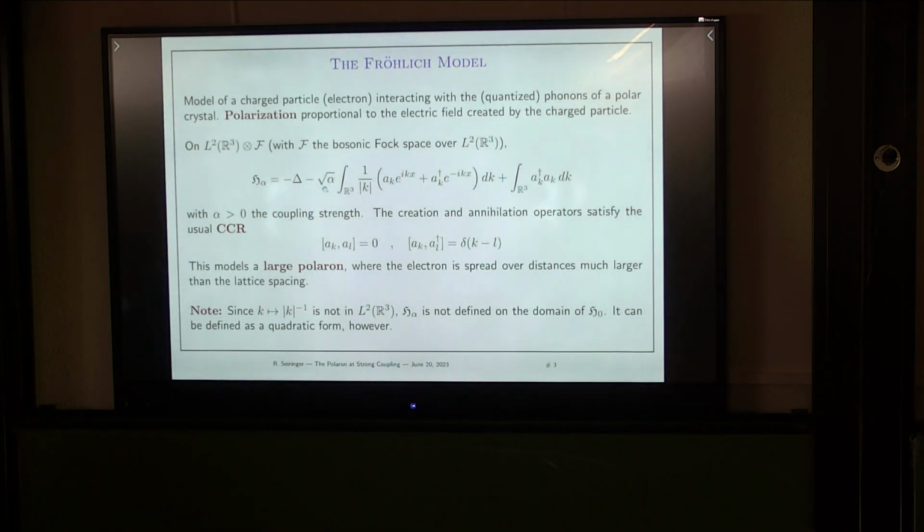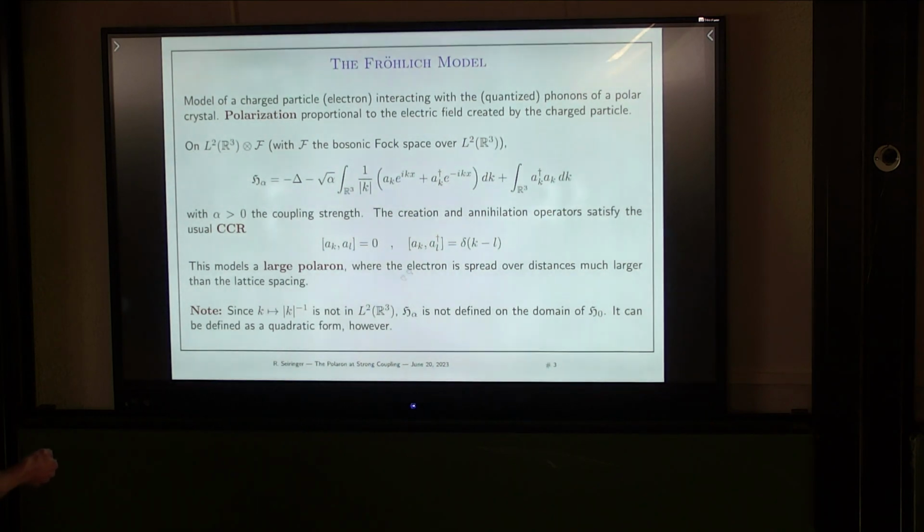So this is one of the, I guess, very few quantum field theory models where you can actually say something beyond the perturbative regime, in particular in the strong coupling regime. And I already mentioned, this is called the Fröhlich model of a large polaron because the polarization field is already